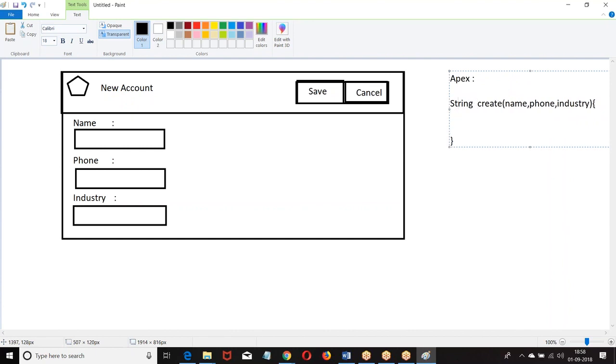Once the record is inserted, it is going to return the ID of the record. Once you get the ID of the record, navigate to the detail page. Now we got the combination, right? First, when you click on the new button, you are going to get this page. In this page, when I click on save,